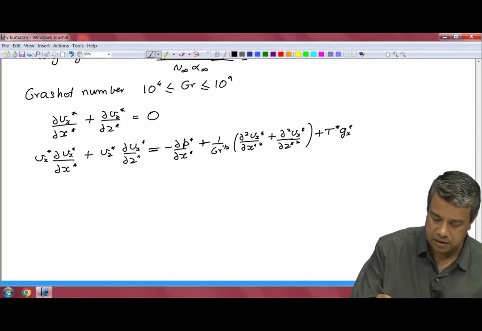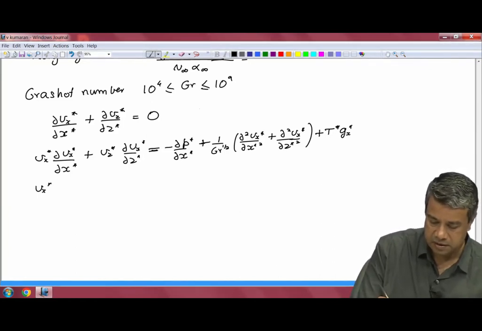And similarly, the energy balance equation is Vx partial T by partial x